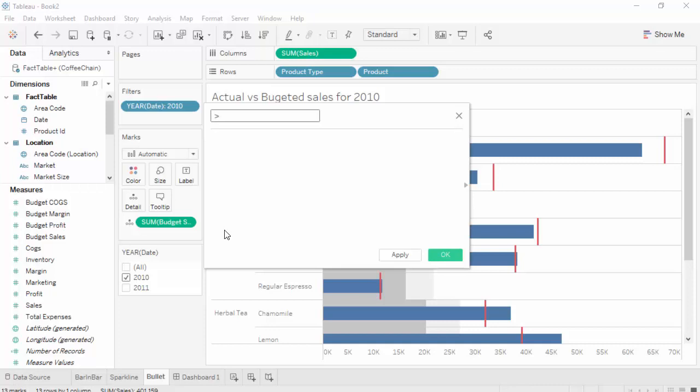Let's say greater than or equal to budget. I don't know whether that will work, whether I can start the field name with a greater than or equal to. Sales greater than or equal to sum of